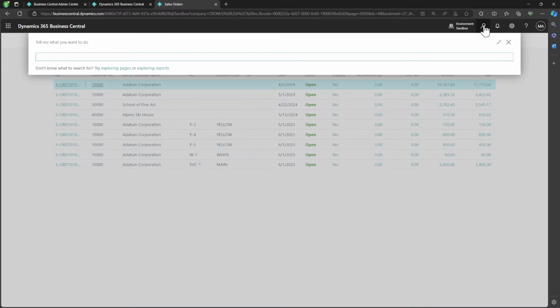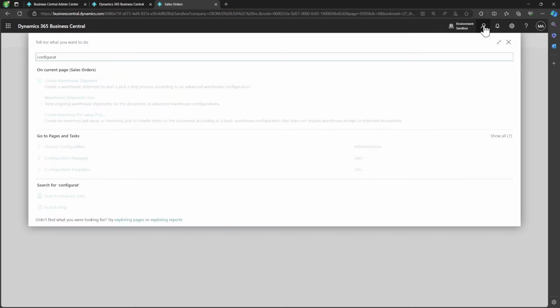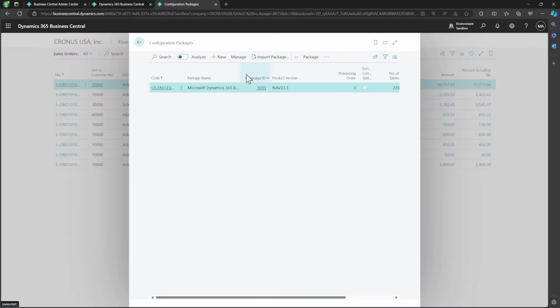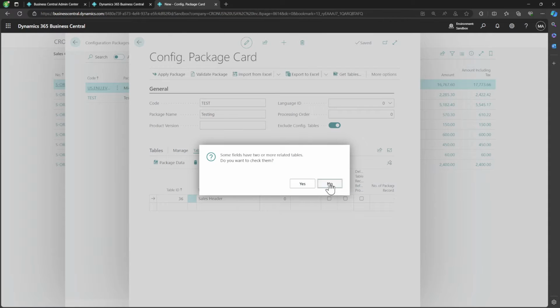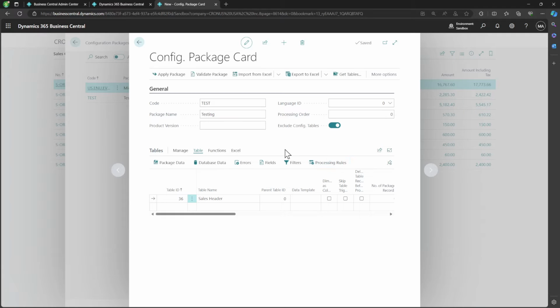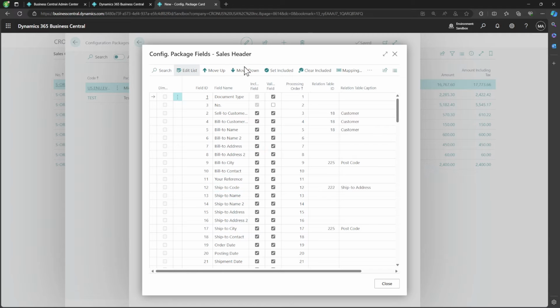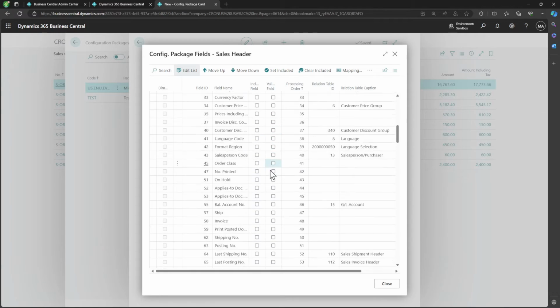Now let's quickly go into configuration package and let's create a new package. Let's call it testing, and exclude configuration, and let's add the sales header into it. Now to limit what fields are coming, I'll just choose the fields that I need. Let's clear included, and I have document type and number,